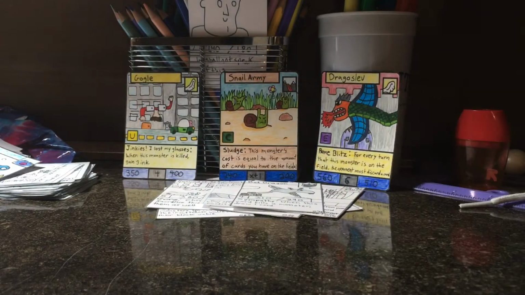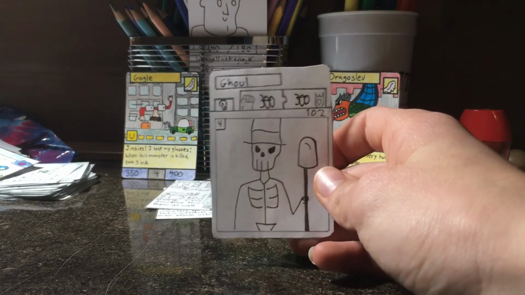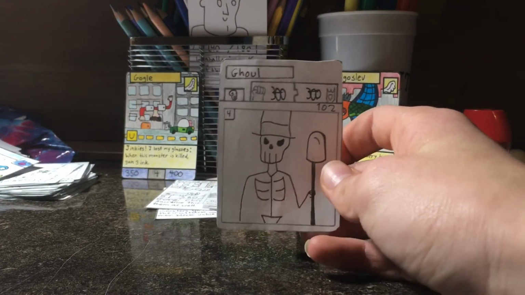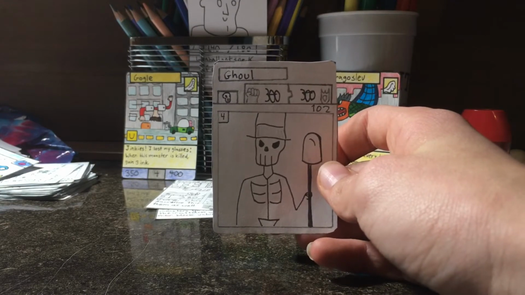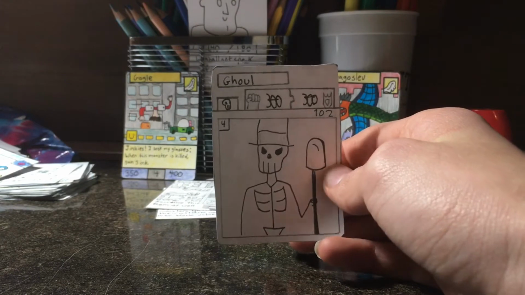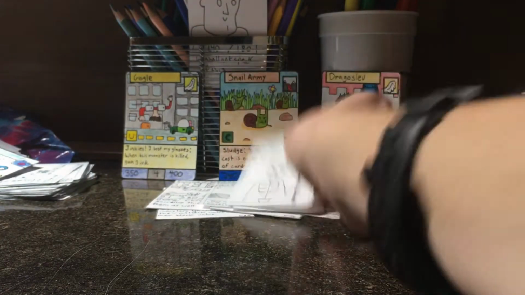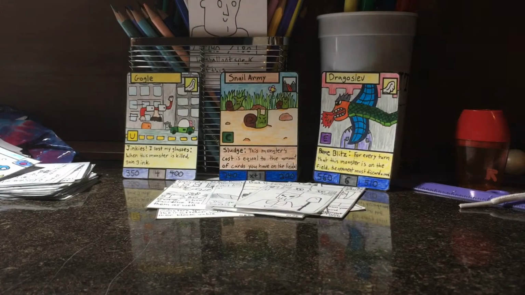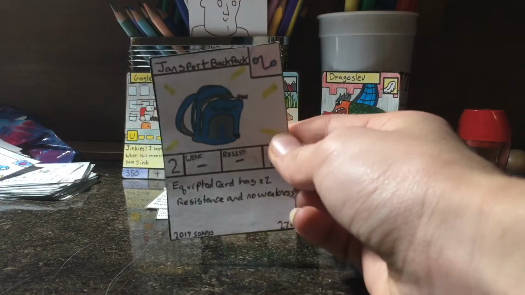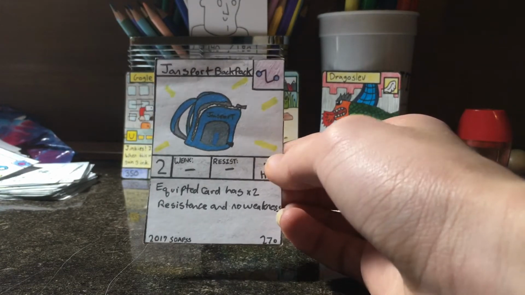Next up, from Sketchbook Chronicles Beta, this is number 6, Ghul. This is a Soaps card, and it's pretty much just a Ghul from Wizard 101. He drew it in the same style, so it's just not original at all. And I mean, yeah. Number 5 card is JanSport Backpack from Sketchbook Chronicles Legacy, and this card, its ability is